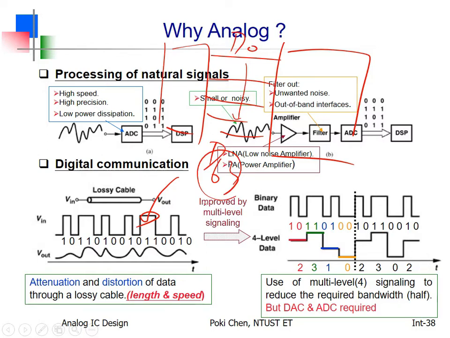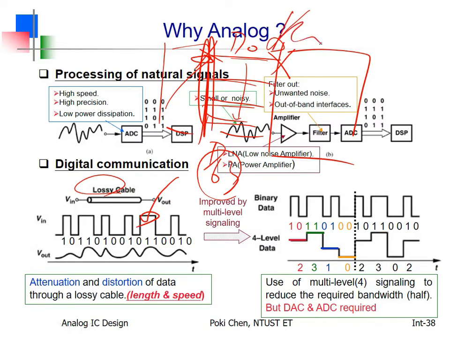Oh, again, nothing is perfect, even for the communication lines. They have parasitics, they are lossy. So the delay from here to there for each line is not the same. So at the transmitter side, everything is synchronized to the clock, but at the receiver side, somebody arrived earlier, somebody arrived later, right? That is a so-called clock skew, 时脉歪斜.